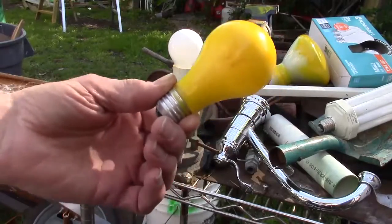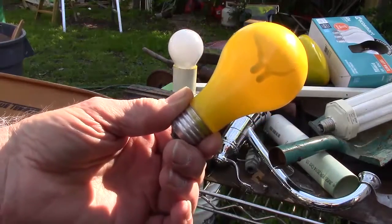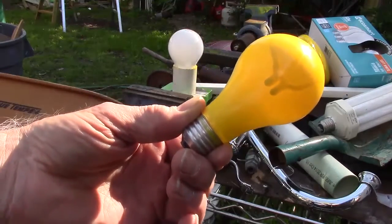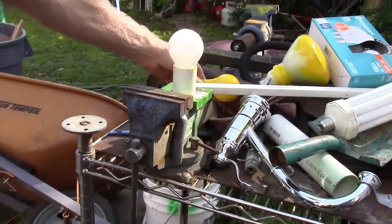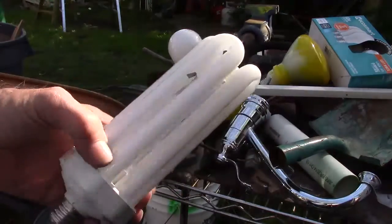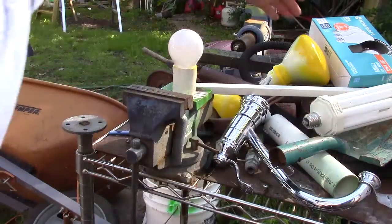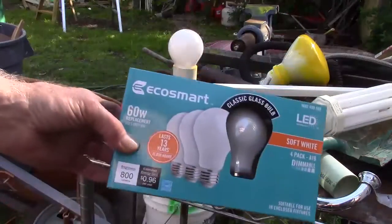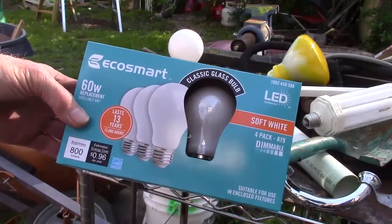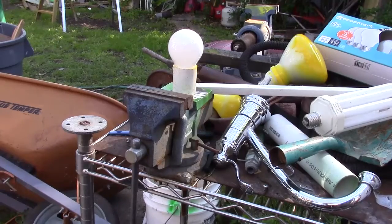Now, I found over the last few years as I've been doing them, a regular incandescent lamp will only last about a month because they get so hot. The fluorescents, you can get about 6 months out of them. The LED lights, doesn't matter what brand, they don't get hot, and so they seem to be lasting quite longer. I've had one in my outside fixture now for about 6 months, and it's still the same as when